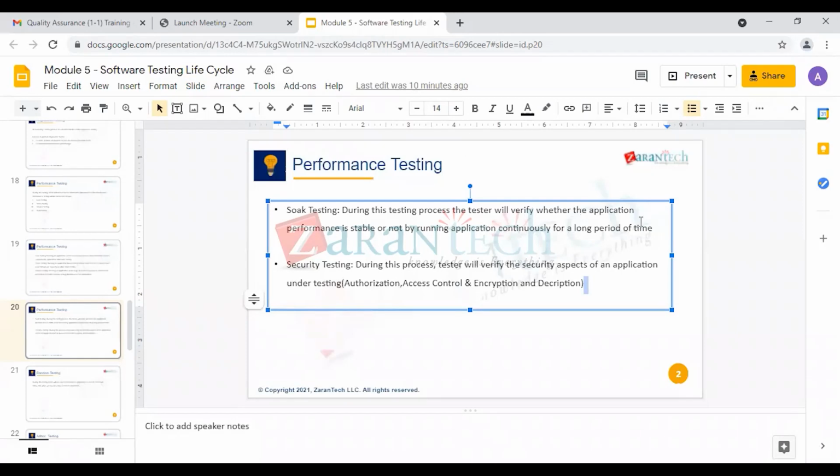So what I'm trying to say is, encryption and decryption. What is encryption? What is decryption? Encryption is nothing but here we are getting the data from